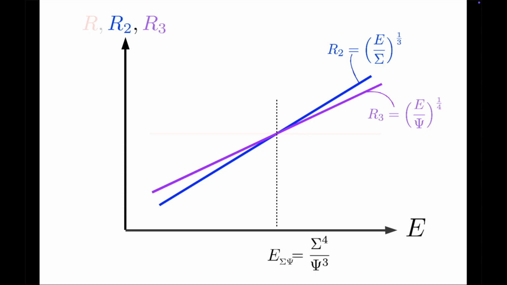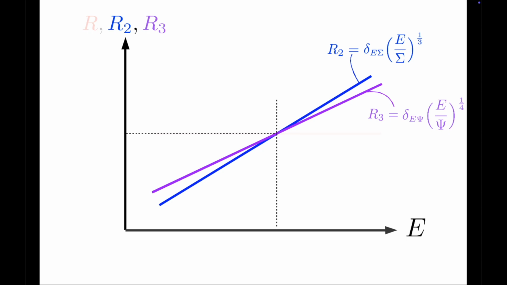Indeed, you can show as an exercise that this energy is the only energy depending solely on the elasticity and weight density. On the vertical axis, the bare scalings intersect at a critical length, also given by the same two mechanical factors. Now, what if the scalings include numerical corrections?